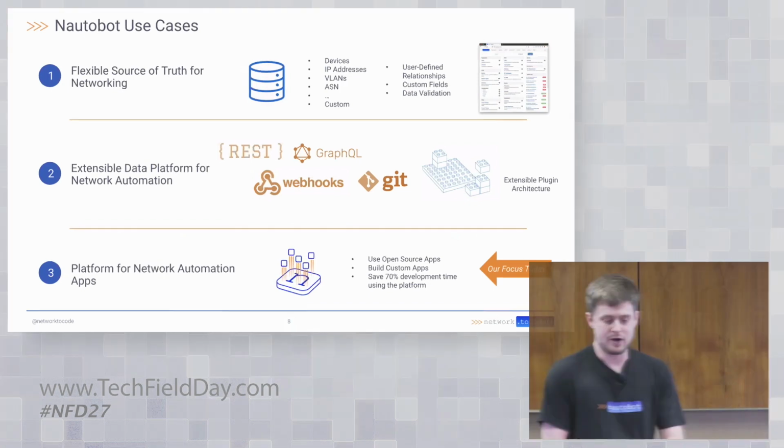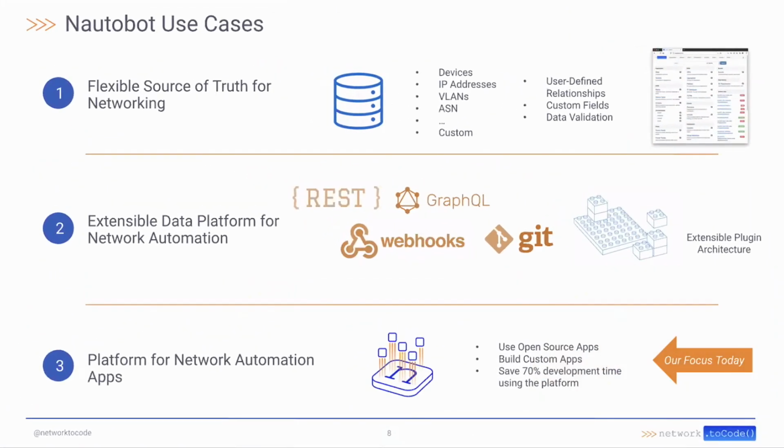How would one use Nautobot? As I mentioned, it's a source of truth. But in doing so, we strive to create a flexible source of truth. So Nautobot, when you install it, does come with an opinionated data model about some core networking components. What is a network device? We've got some IPAM functionality for tracking prefixes and IP addresses, of course, and lots of things along those lines. You can track cable plant, you can do rack diagrams and so forth.